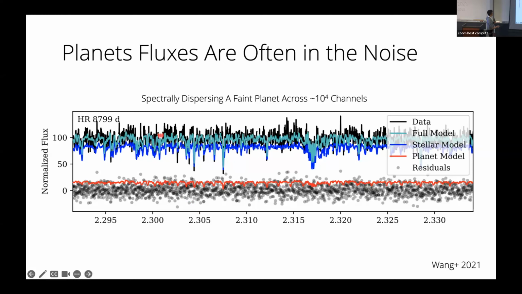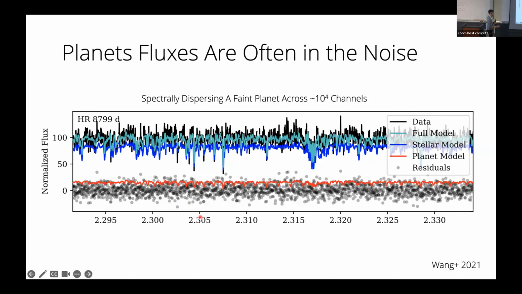And for the data, we've done a forward modeling technique to model it, and the forward model can be decomposed of two components. There's the blue component, which is the residual starlight that's coming into our spectrograph. And in red is the planet spectra that we inferred. And then in black, these data points down here are the residuals of the data minus the model. You can see our residuals are pretty clean,